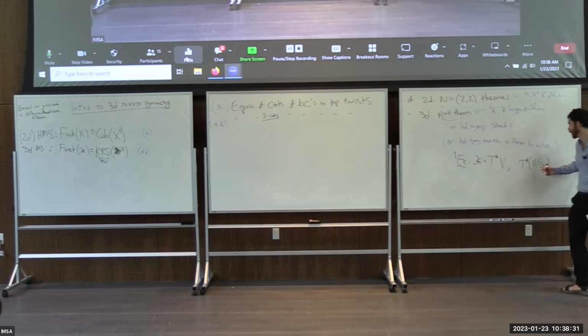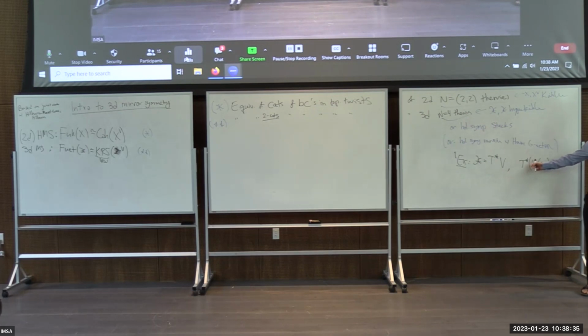So G you can think of as a complex reductive group, and B you can think of as a complex manifold. In most cases that we consider, B is in fact a complex vector space. So it's just a G representation. And so you can think of this thing, of course, as a